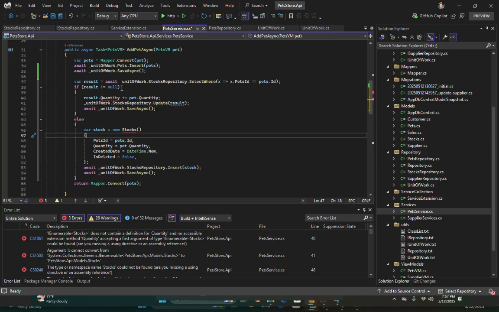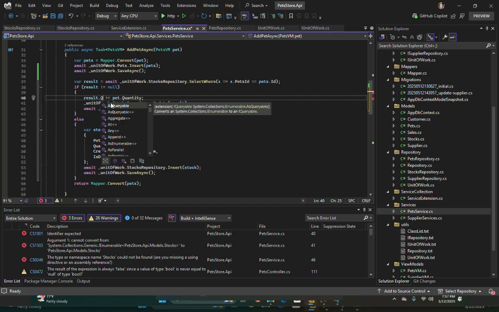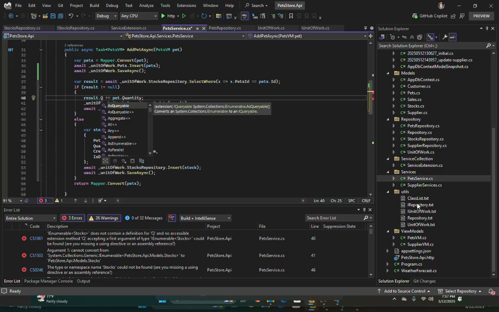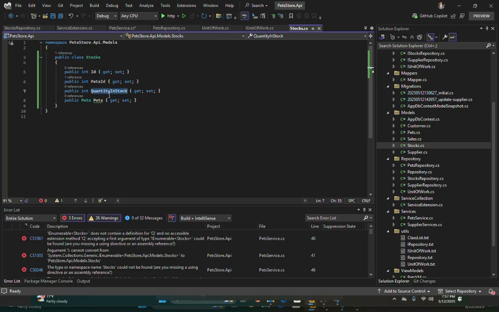If the result is not equal to null, I need to increase the result dot quantity. I don't think the stock table has the quantity. Let's see the model: stock dot quantity in stock.